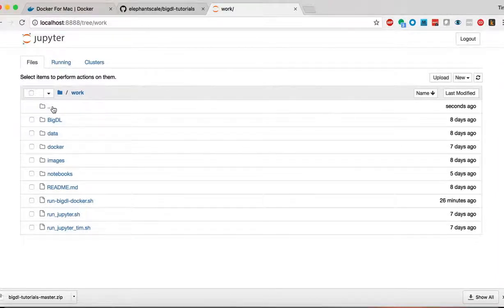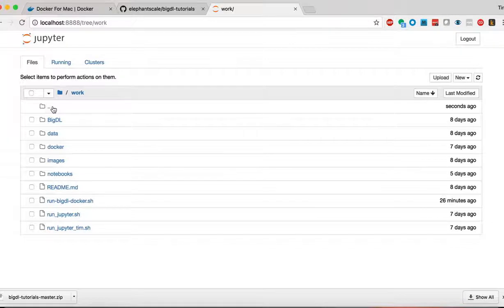That means any notebooks or other things that we want to load on the Docker container, we can do from our local files. So this is kind of the best of both worlds, because we're doing all of our processing for BigDL inside the Docker container, which will help us especially on non-Linux platforms that may not have Hadoop or Spark running. However, it also means that we can load all of our local data on our own computer. So any notebooks or other data or intermediate data or results that we want to save, we have the ability to load even outside the Docker container.